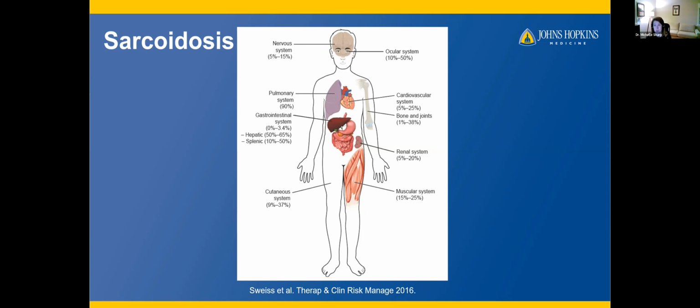If you don't have it in your lungs, but you have it elsewhere, it doesn't mean that you don't have sarcoidosis. It just means it's more common that you have it in your lungs. So let's start head to toe. And actually, before we start head to toe, one of the other really important things to know about organ involvement is that we don't believe sarcoidosis spreads. We believe that it affects each person differently, and it can affect all these different organs. But we believe for the individual person that it sets up shop in certain locations.